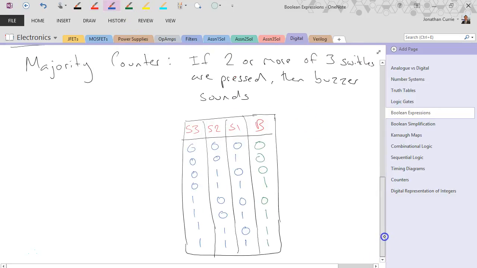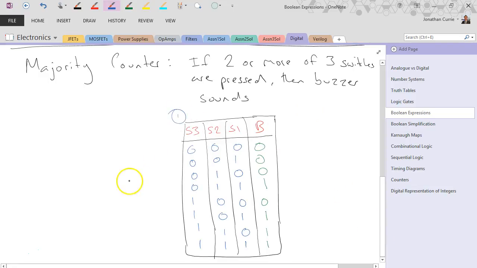But typically the step you want to do next after you've got the truth table is then to write out the Boolean expression associated with that truth table. You can go straight to the Boolean if you can see it that way, that's fine, but often it's better to go for this way. Alright, in this case